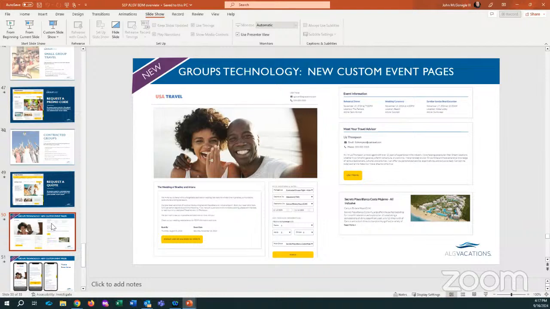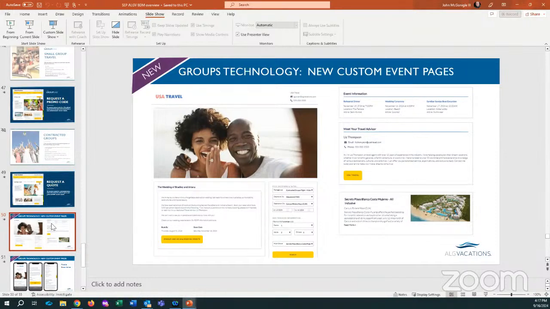Contract is that there's a DocuSign, you're putting down a deposit. There is a physical e-contract that you're e-signing on behalf of yourself, the agency, and the hotel, and with ALG Vacations and Apple and Travel Impressions, is the ability to give your customers, let's say, this particular one is Bradley and Ariana's wedding, their destination wedding. So they want to share information with their guests, right? About where they're staying, how to make a booking.